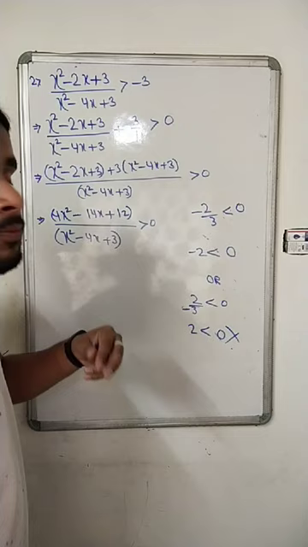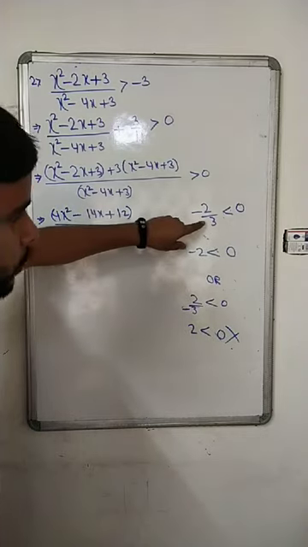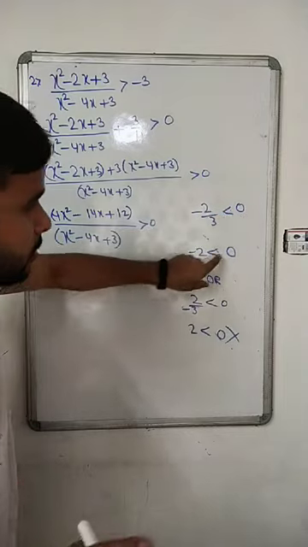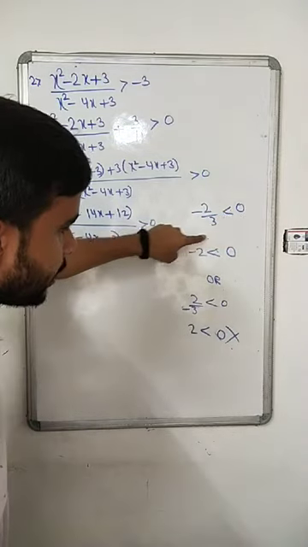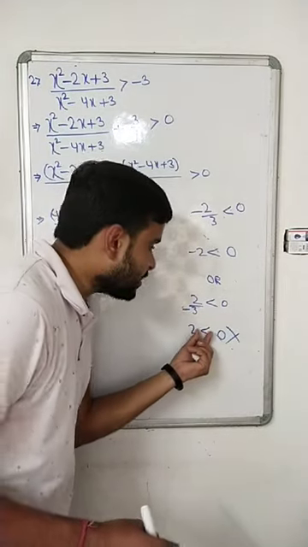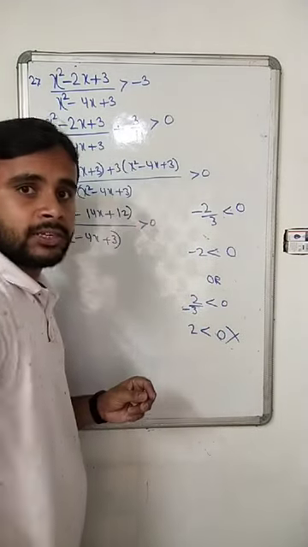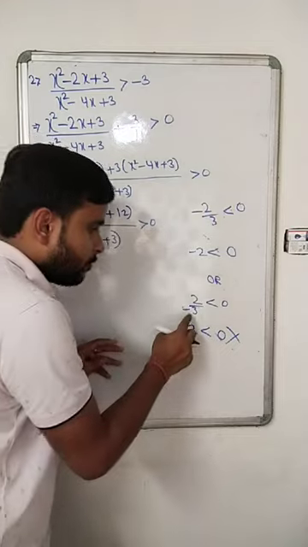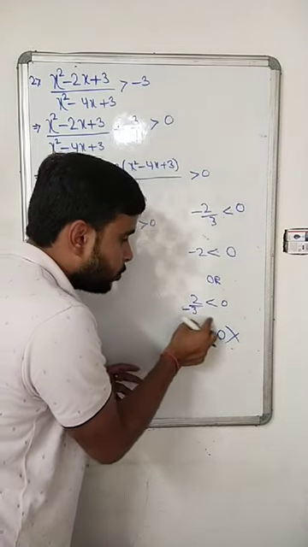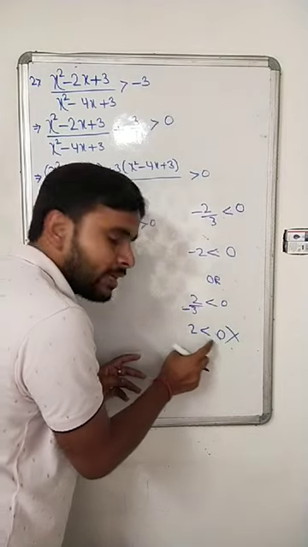So actually the problem we are facing is that when you are cross multiplying, if that number is positive, then it is okay. If that number is positive, then the inequality is true in the next step. But if the number which you are cross multiplying is negative, it is not true. 2 is not less than 0. Are you getting my point, everyone? If you cross multiply and the number is negative, it is wrong. Now just check, is 2 less than 0?